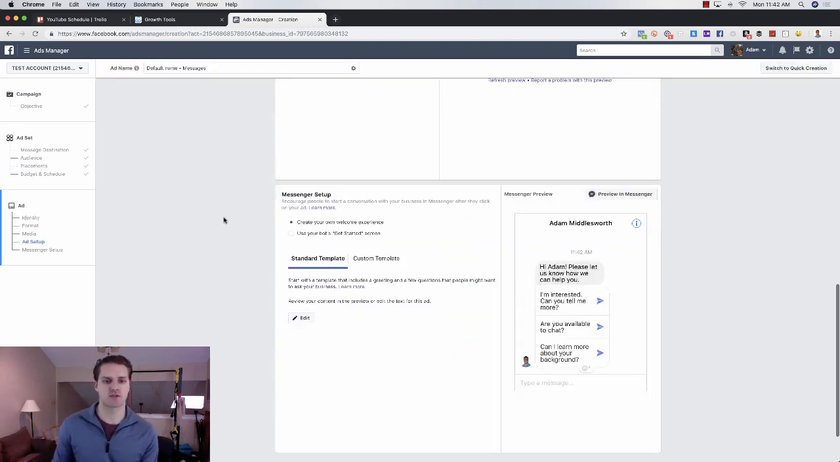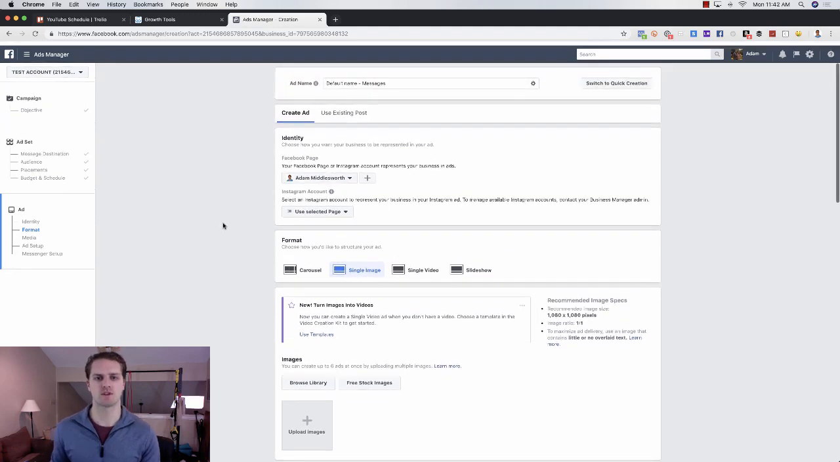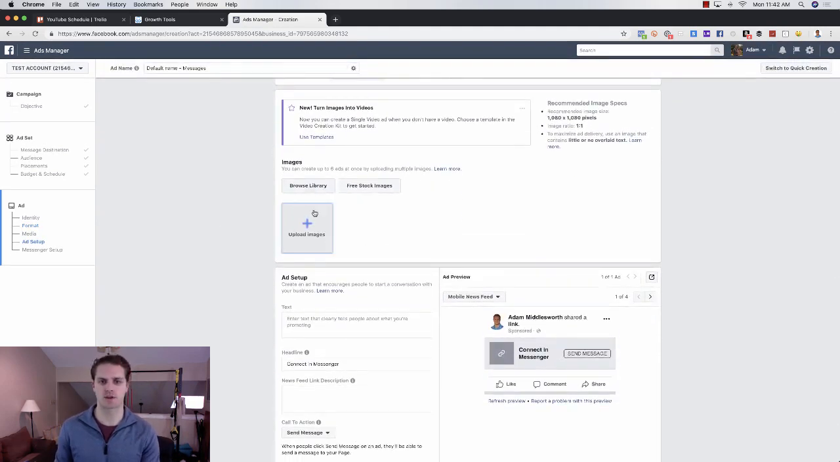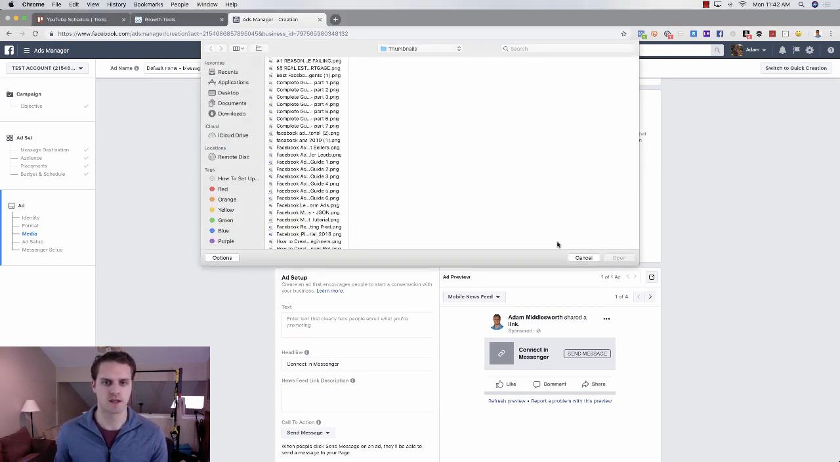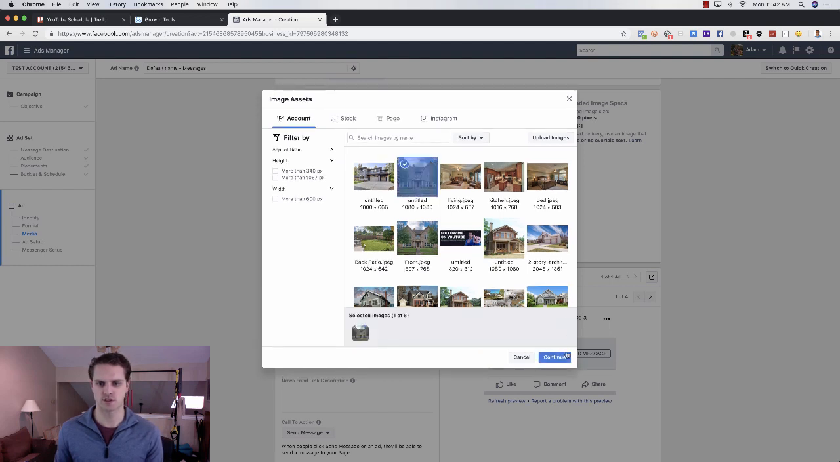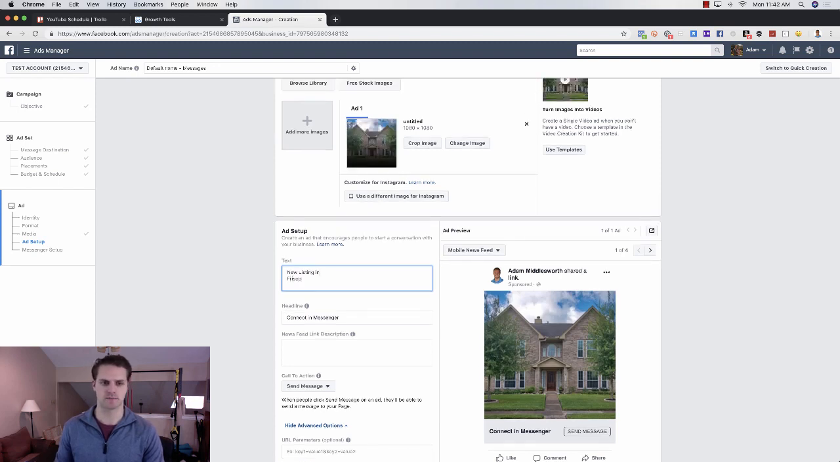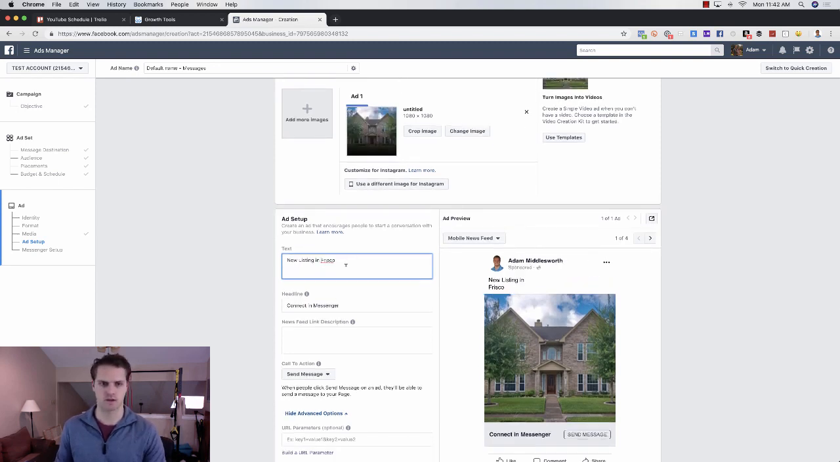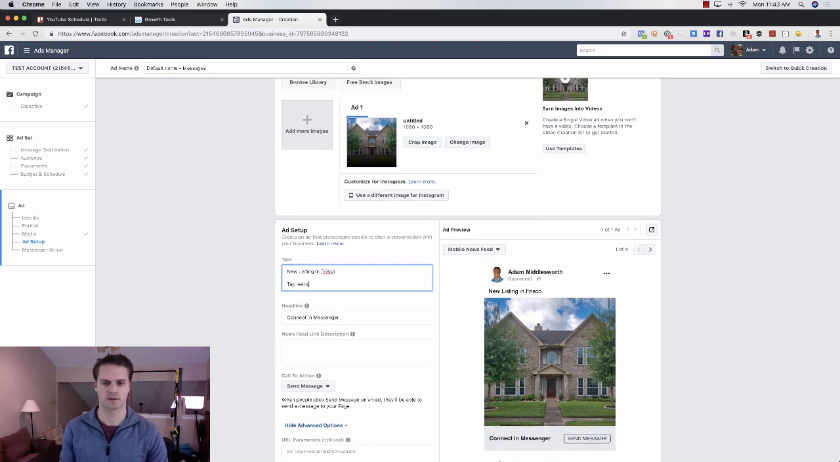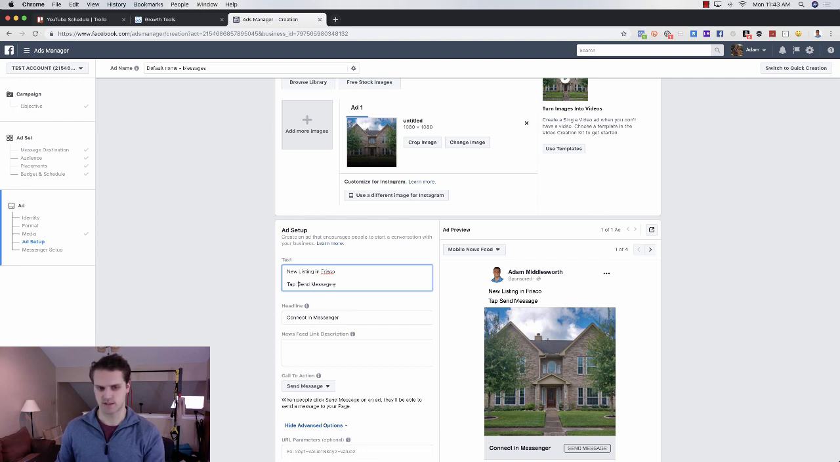And then this is the ad creative. This is where we're going to actually do the ad creative and input the JSON from ManyChat, right? So what we want to do here is just go through and I'm going to really quickly create an ad for real estate. So I'm going to browse library. We're going to use an image that we already have. So we're going to use this image, that's fine. We're just going to say new listing in Frisco. Tap learn, tap send message. Or you can do tap learn more. I would test those objectives, right? So tap send message